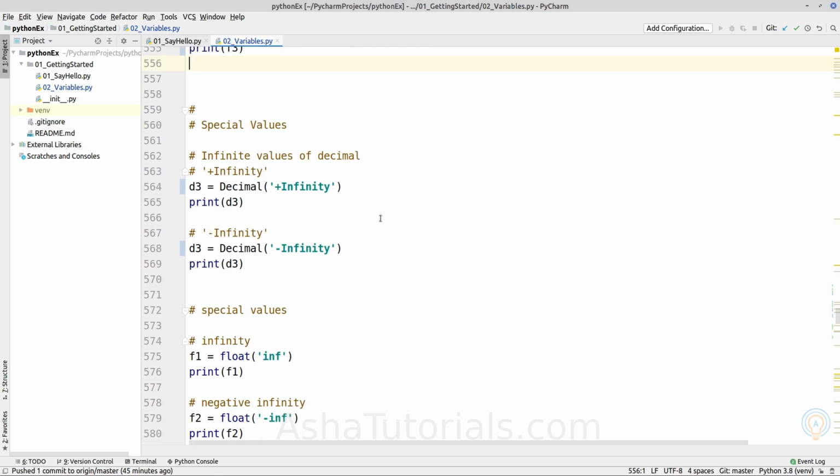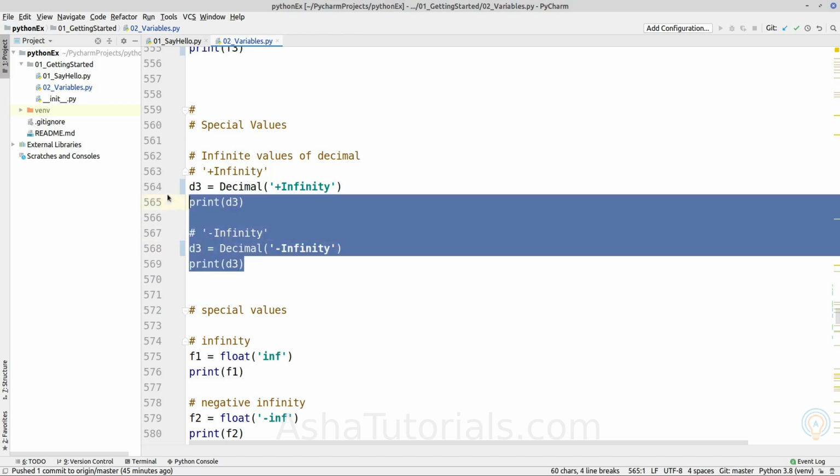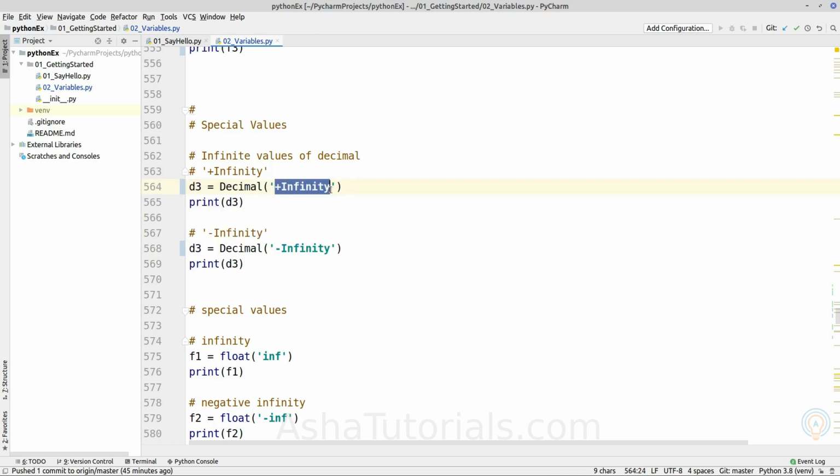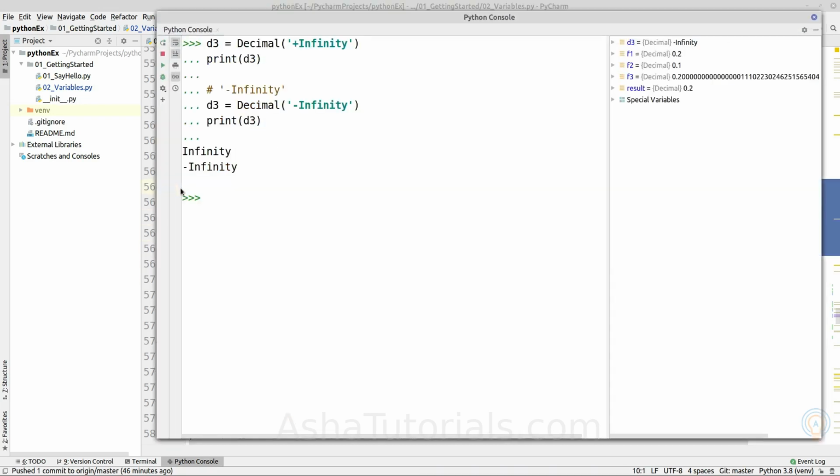now Decimal has two special values. First one is plus infinity and second one is minus infinity, which represent the same infinity as in maths. Okay, so if we declare it using the special string Infinity, plus infinity and minus infinity, it considers the value as an infinity. Okay,